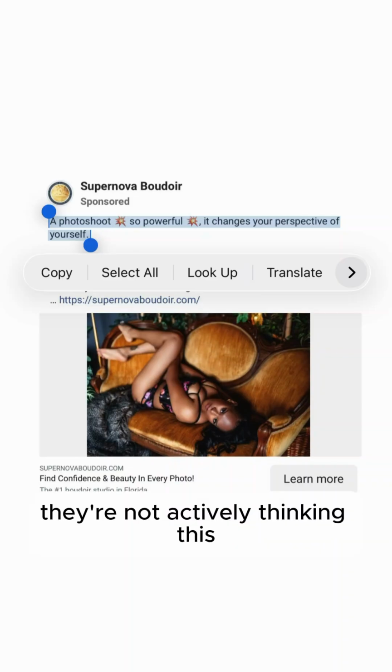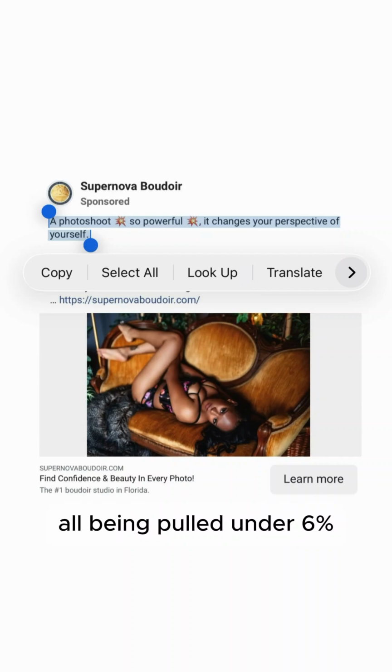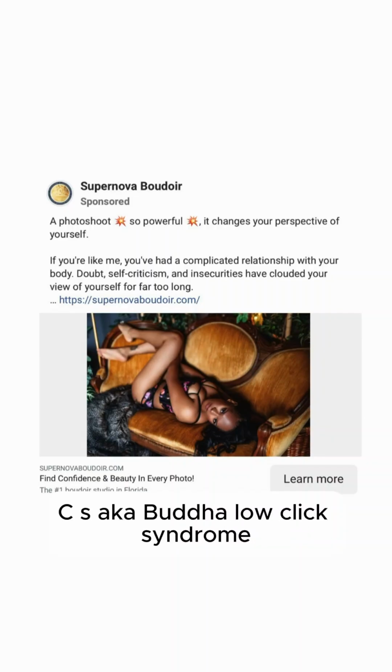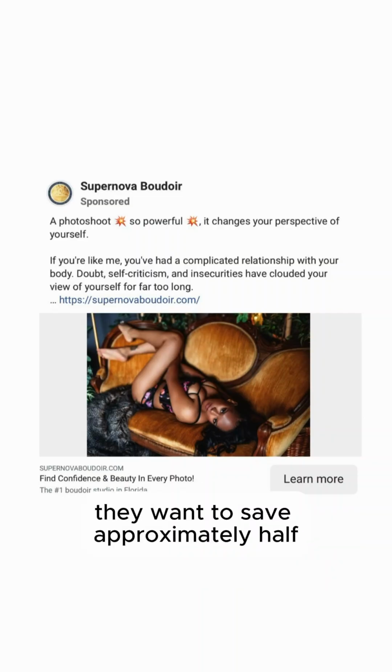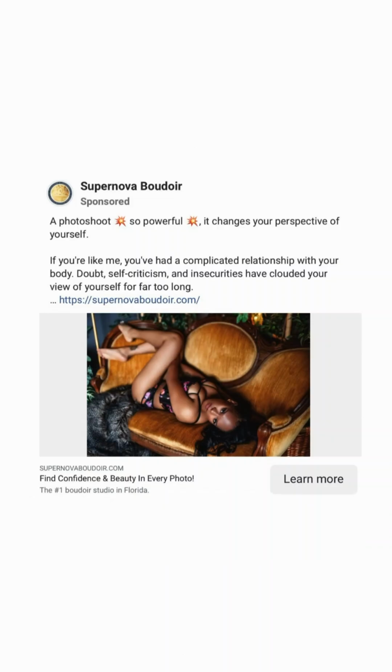They're not actively thinking this. So more women scrolling by, our unique CTR being pulled under 6%, wasting our money. So from what I'm seeing here, I do believe this Boudoir Facebook ad has BLCS, aka Boudoir low click syndrome, and if they want to eliminate approximately half their wasted ad spend, the treatment for that is